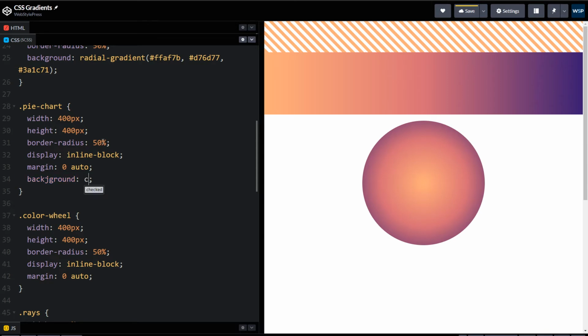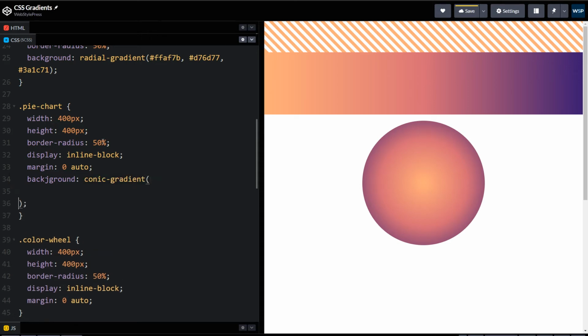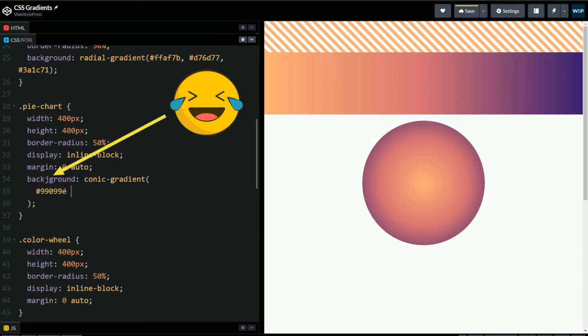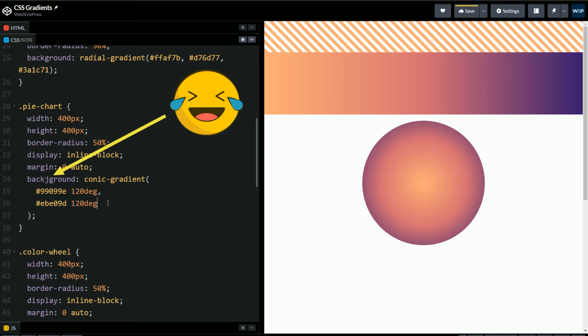Background: conic gradient. Color 1, 120 degree. Color 2, starting from 120 degree to 240 degree.